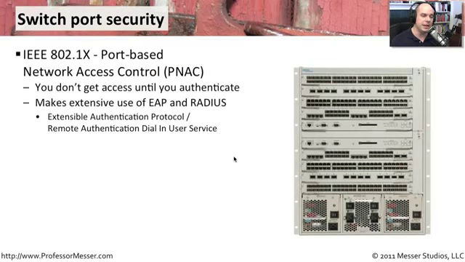Because of that, there's a type of security called network access control, NAC. You'll sometimes see this referred to as port-based network access control. And what it's really referring to is a standard technology called IEEE 802.1x. The idea is that before you're really allowed access to that switch port and it's turned on and given you access to the network, you first have to authenticate. And that way someone couldn't walk into your conference room, plug in and see your network because they wouldn't have